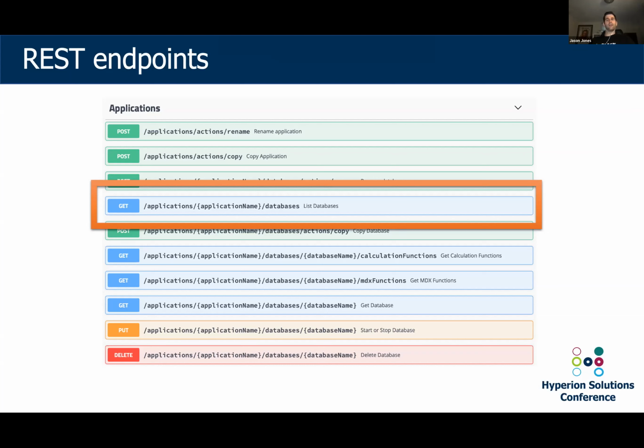So if you're going through this process because you need or want to use the REST API, whether it's from curl or from some programming language or PowerShell, this might be a pretty common activity, where you're just going through the menu here and looking for the thing you want to use, right? In this case, I'm going to do a really simple one. I want a list of databases on that application, right? So if I click on that box to expand it,